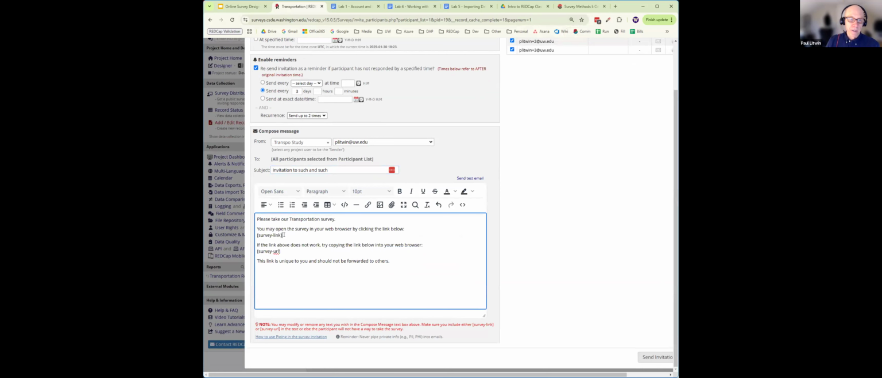It gives 2 versions of the link. Basically, it gives a nice version of the link, which will have the name of the survey, the one that you put in the survey settings. And then it says some older browsers may have trouble with links that look like that, so it gives this alternate, which is the full URL. And then you probably want to put a signature,